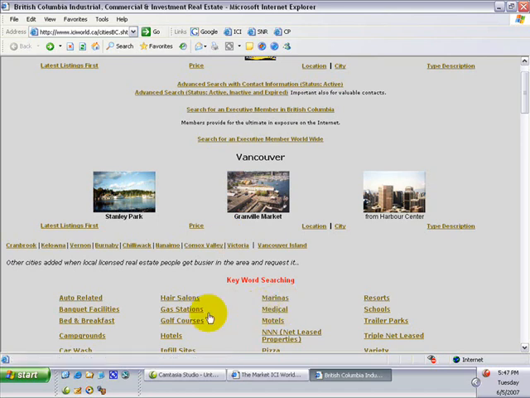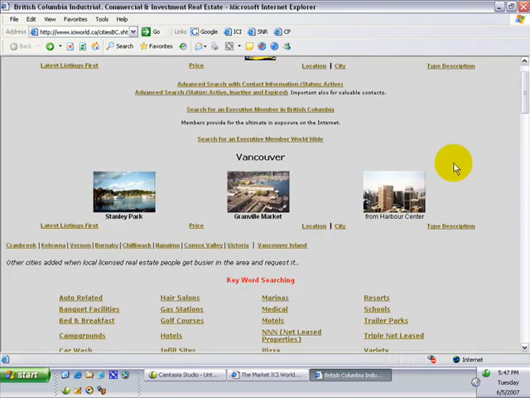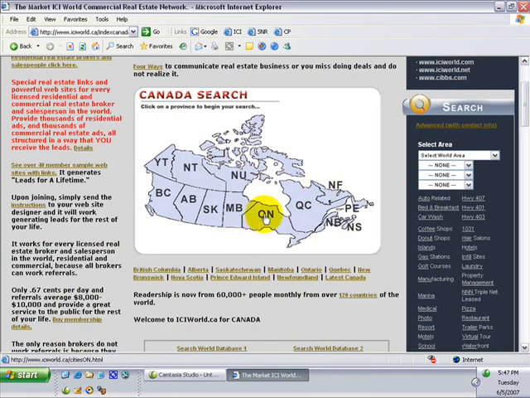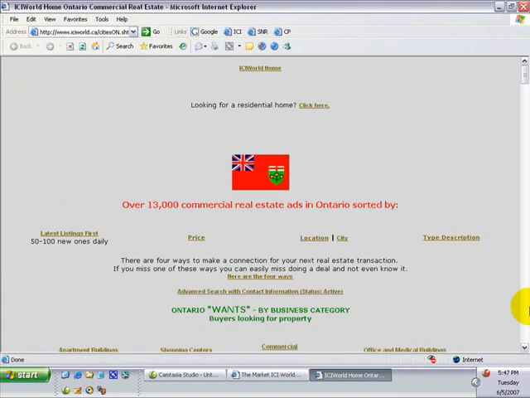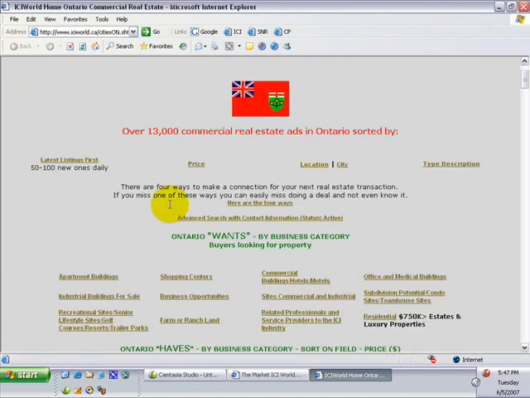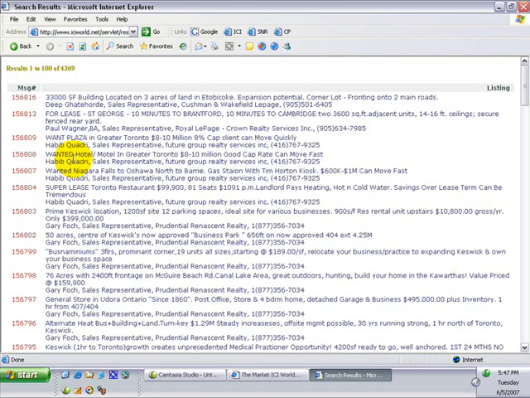If you wanted to click on, say, golf courses, you could click on golf courses, and you'll see the golf course opportunities come up. You can do this with gas stations, hotels, etc. We're going to now click on Ontario, and just to see a similar type arrangement, if you want to see the latest listings coming up in Ontario, you simply click on latest listings first. Again, within about 4.9 seconds average access time, the information comes up on the screen